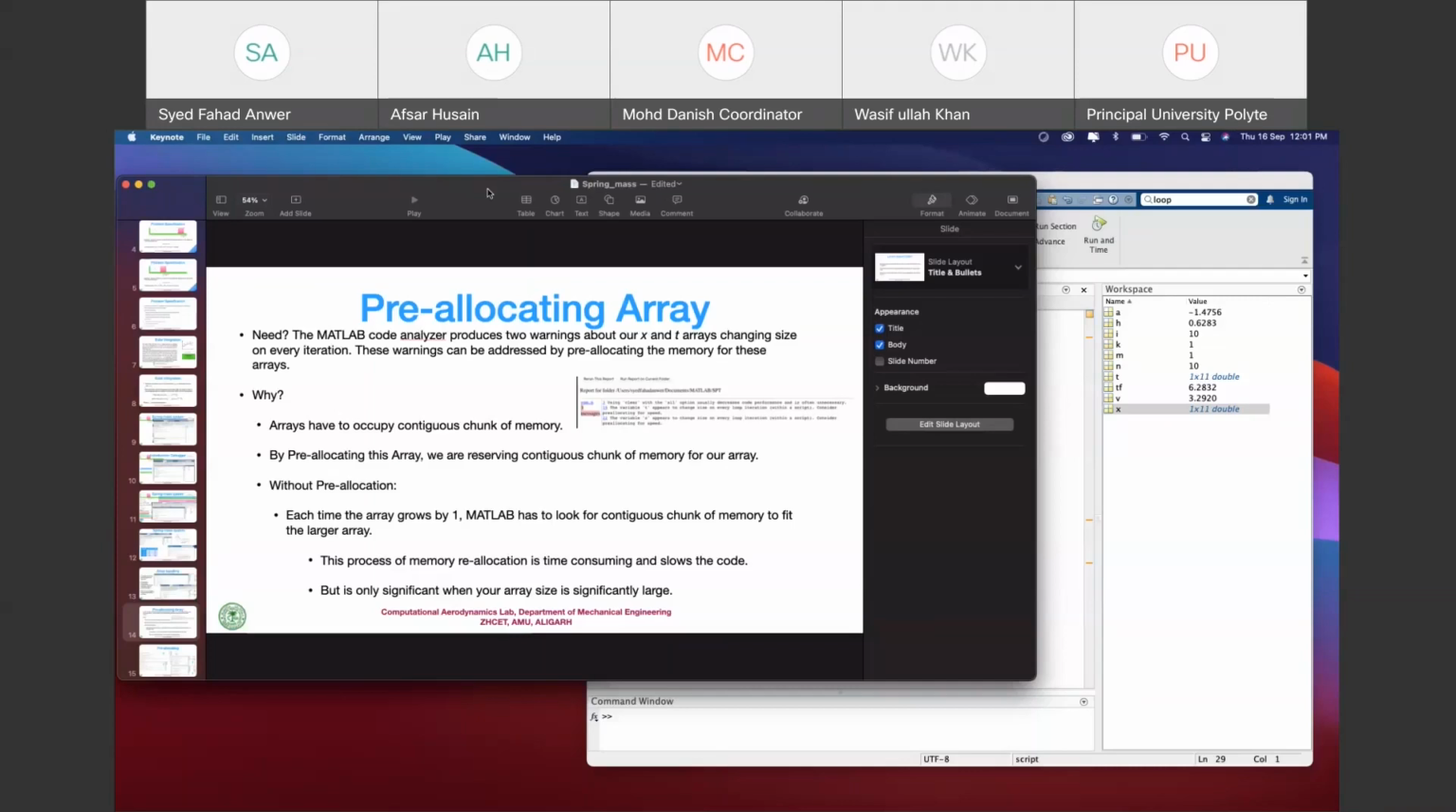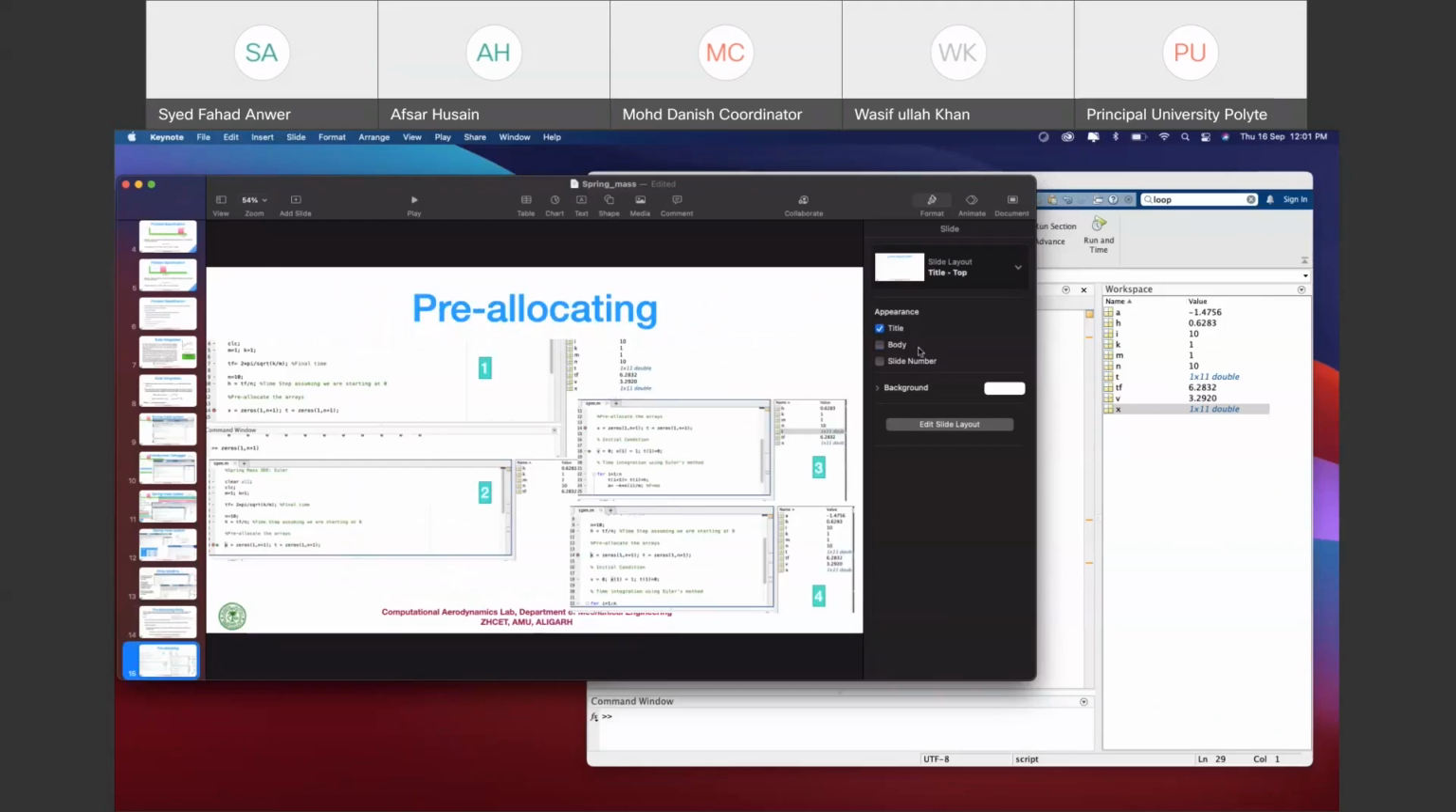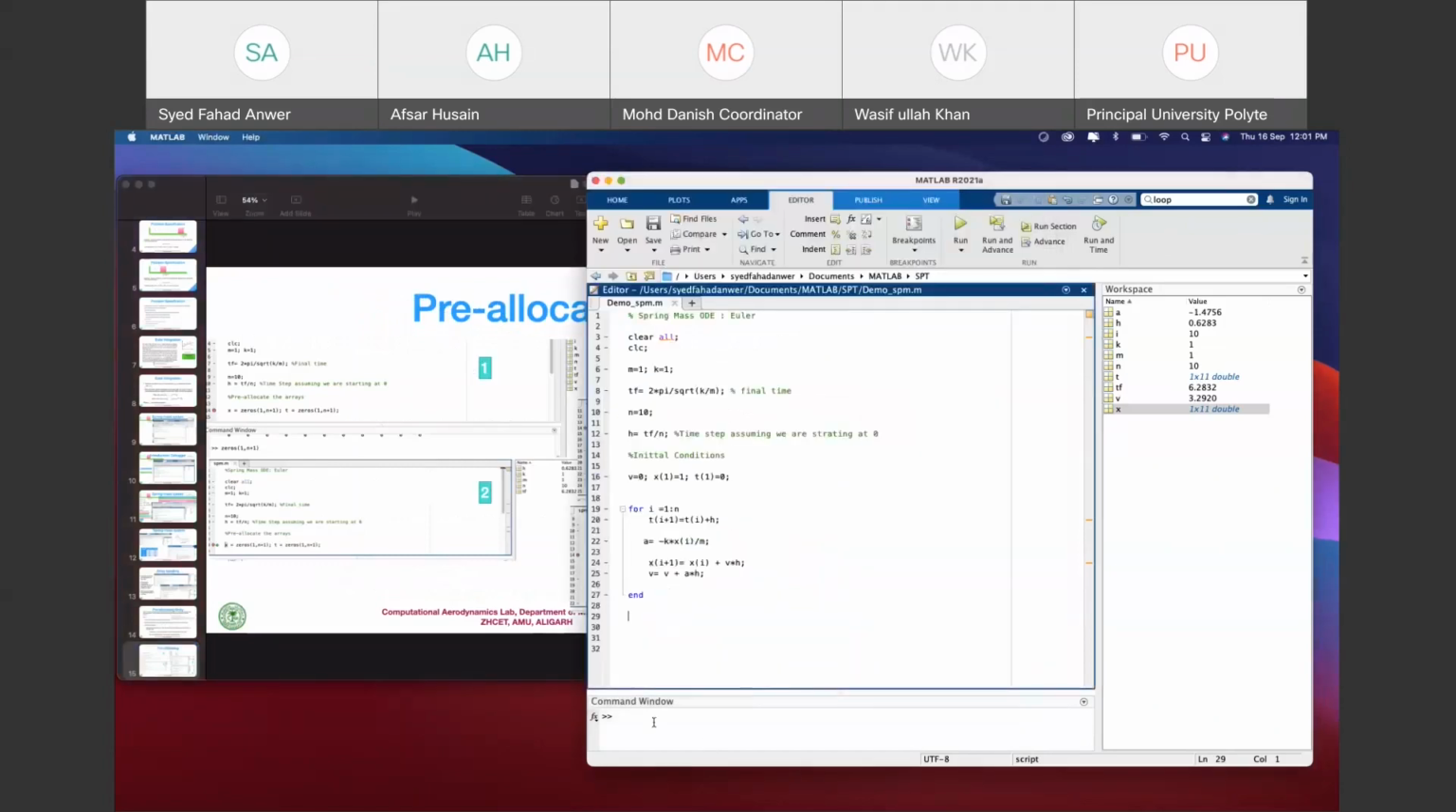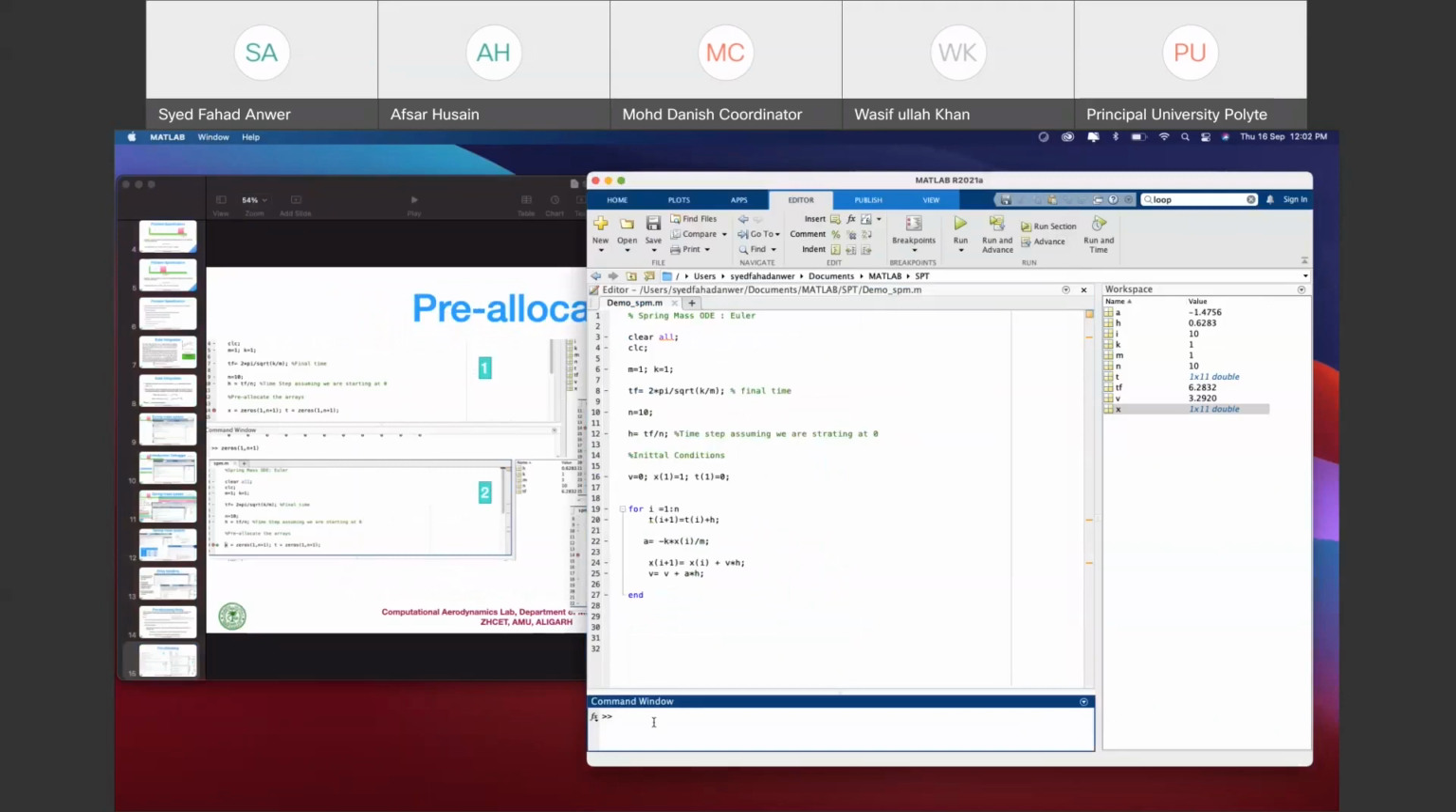Right now it doesn't feel like it is necessary, but I will show you how this helps in speeding up your program. So this is how we do pre-allocation. We have to give certain values to this, so we will be using the zeros command. Since it was a 1 by 11 matrix,